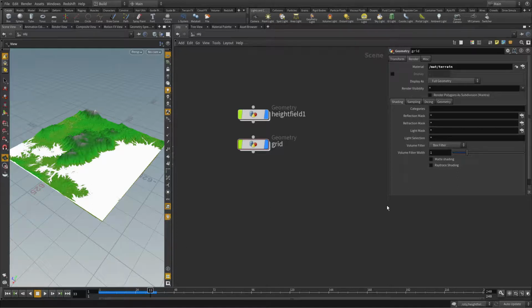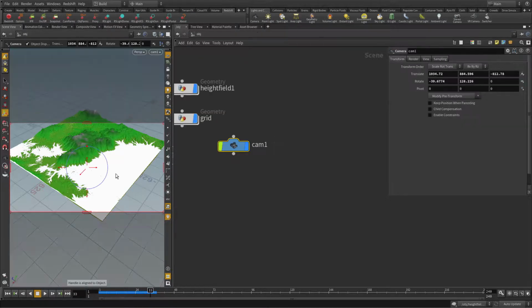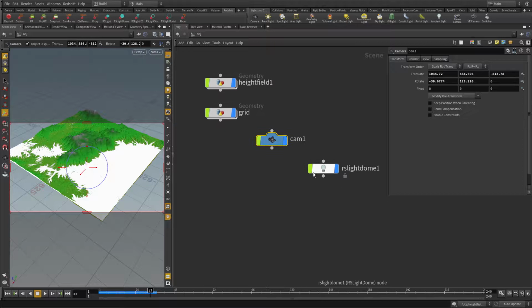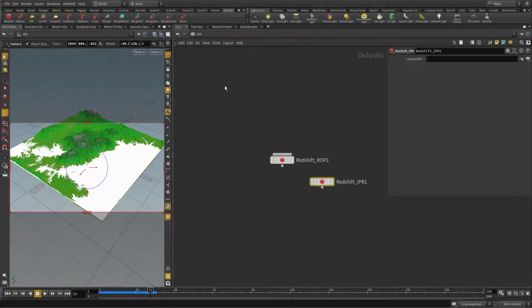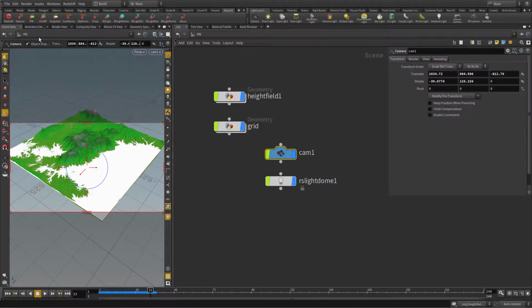And let's do a quick test render. But before we do so, switch to the Redshift shelf. First, by control clicking on camera, lay down a camera. And lay down a RS light dome, such that we have a little light in our scene. And now we are prepared to do a first test rendering by pressing the IPR button. First, make sure to press the Redshift button to add a Redshift drop, like so. Back to Object, and now you can press the IPR button,